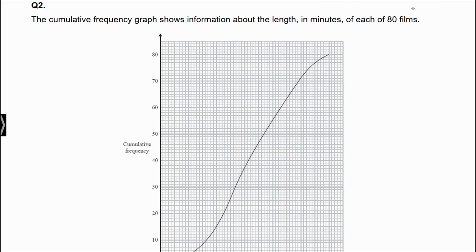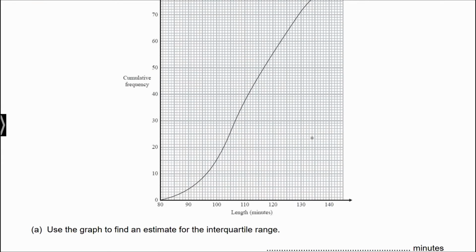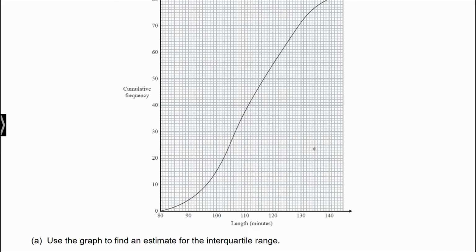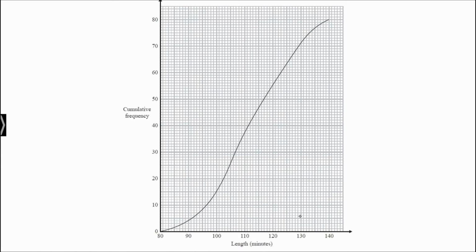In this question, we have a cumulative frequency graph which shows the information about the length in minutes of each of 80 films. Now, the first question here, we are requested to use the graph to find an estimate for the interquartile range. So the first step here is to look at the maximum number of films that are given here. So from the cumulative frequency graph, the maximum number of films is 80, as it's stated in